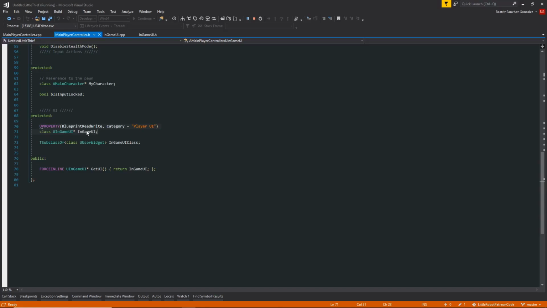So this is going to be the reference to the object, and it's going to be of type InGameUI, like the class. Then we have an InGameUI class. This is going to be the widget, and this can be handy if we want to access the element from other classes. It's just a normal getter. Now if we go to the CPP,